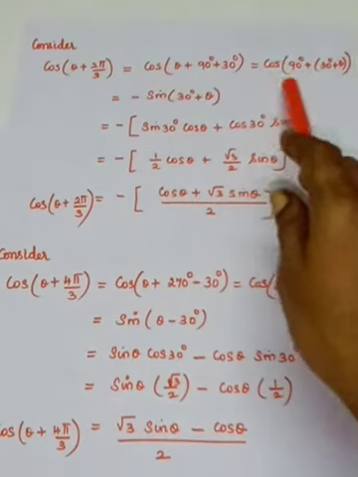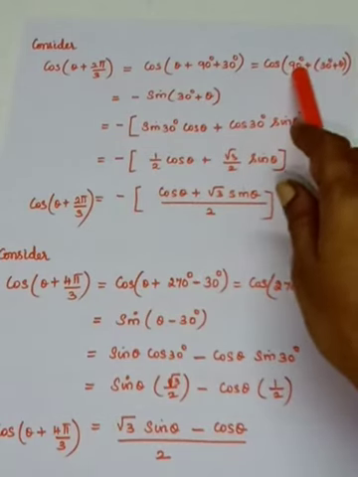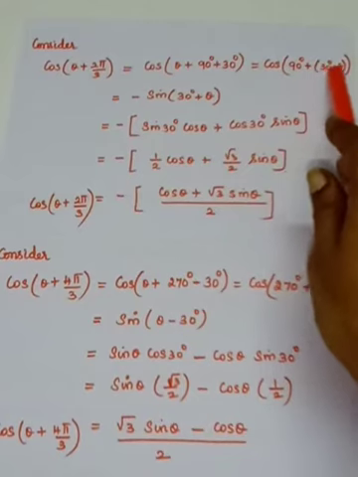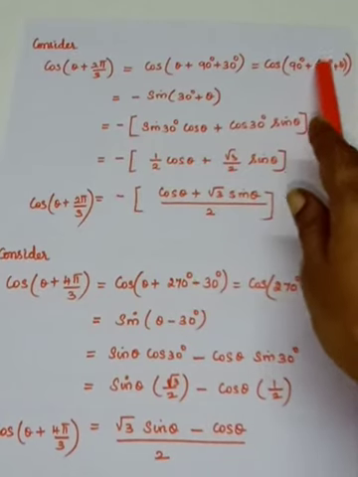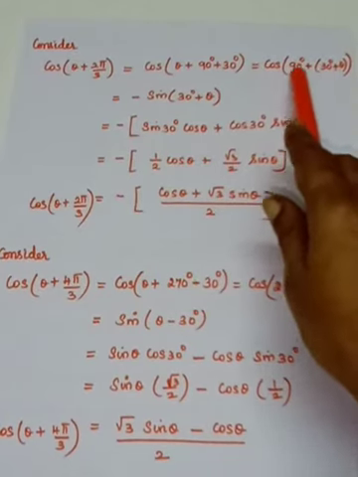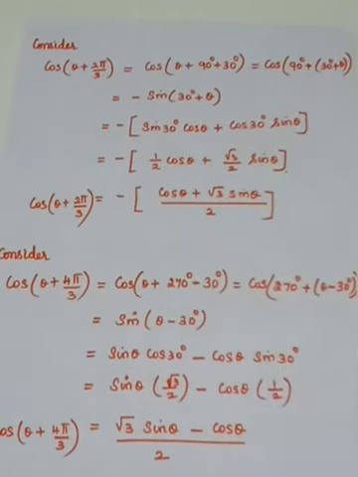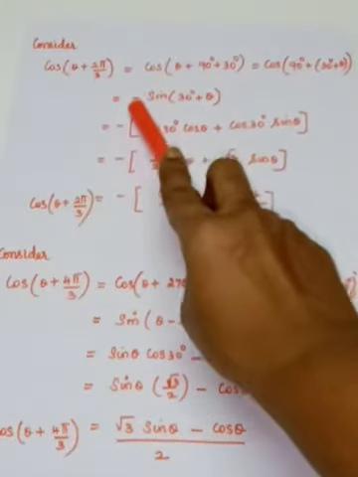So now how is it? It is in the form of 90 degree plus theta. The whole thing you just take as theta. 90 degree plus theta, so it is more than 90. It lies in the second quadrant. In the second quadrant, your cos is negative according to the ASTC rule. So that's why I have written minus in the front.